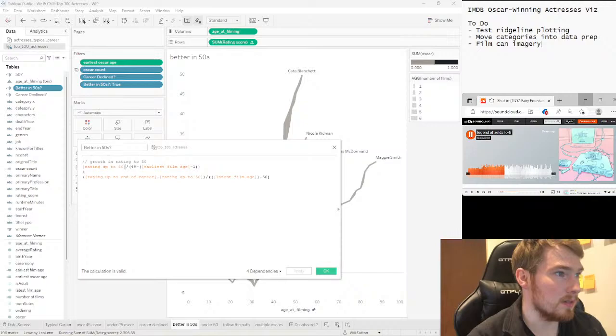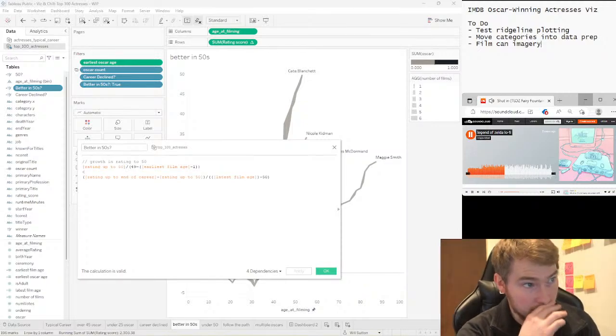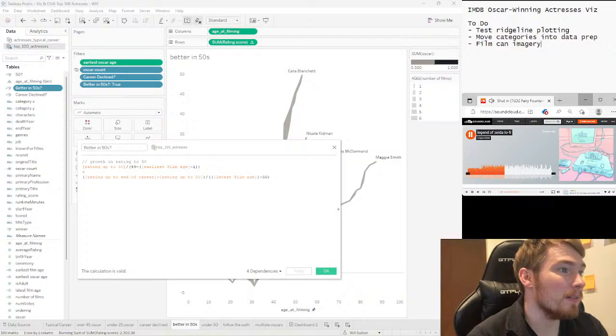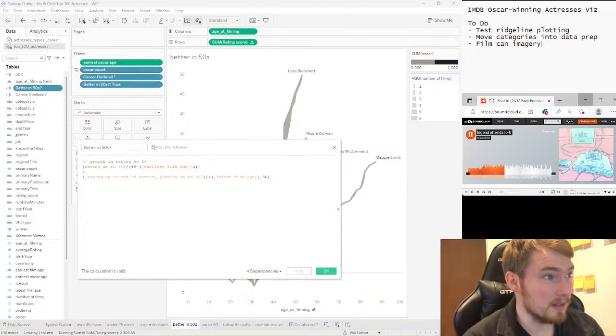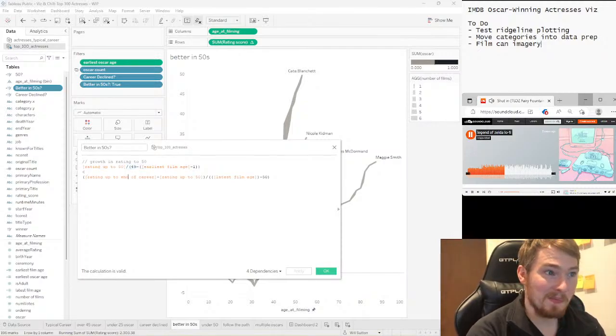So I did rating up to 50. I'm working out the growth to the age of 50, so take from the earliest film up to the age of 49. So the average growth, for every year, total career minus 50.